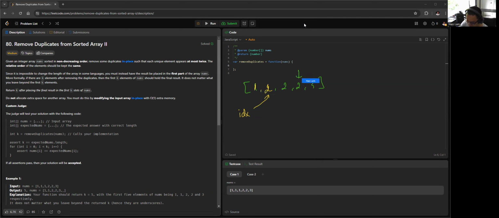If the numbers are the same, we ignore and keep going to 3, and we compare 2 and 3. They are different, so we increment our index and then rewrite it. And now we are out of bounds, so we just return the index, which is index 2. So we need to return k plus 1,